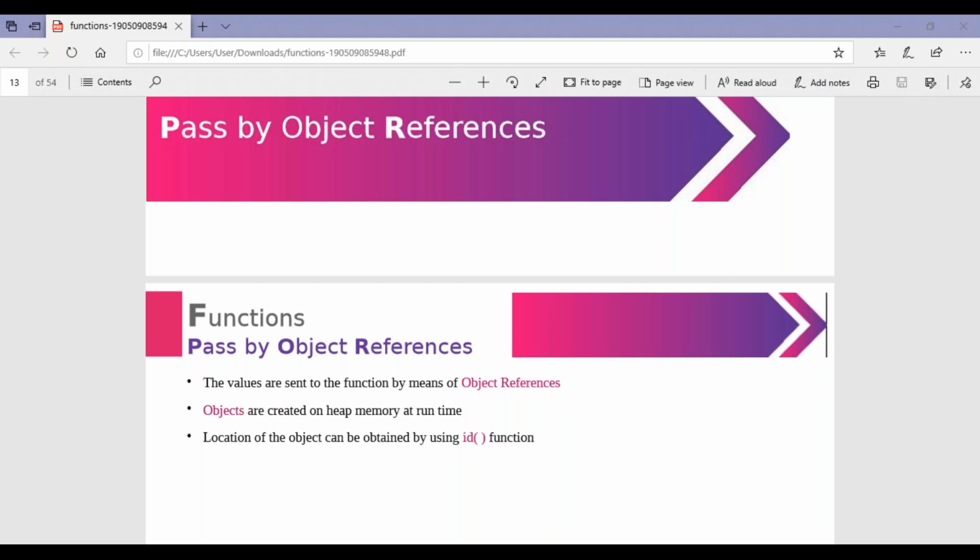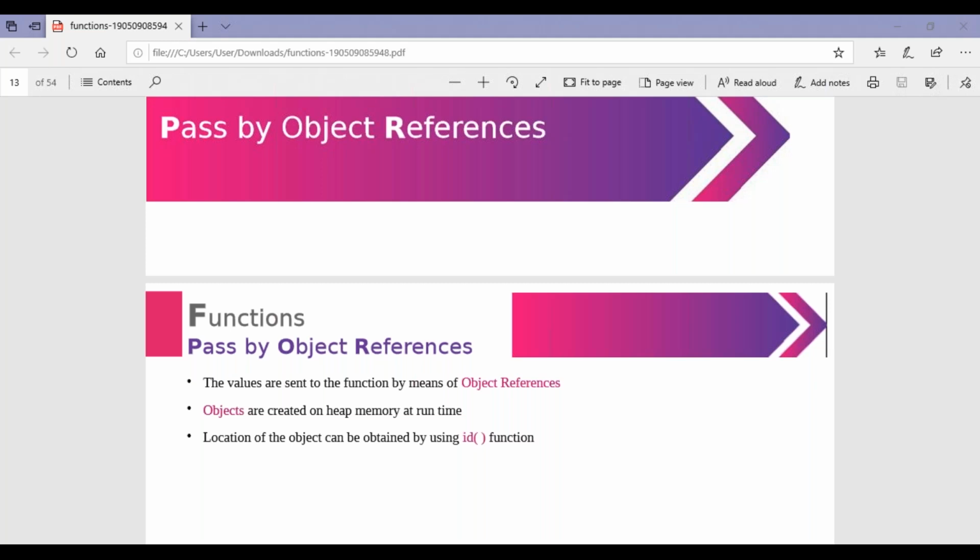So here, pass by object reference: the values are sent to the function by means of object references. How are they sent to the function? By means of references, the object address, where it is located.